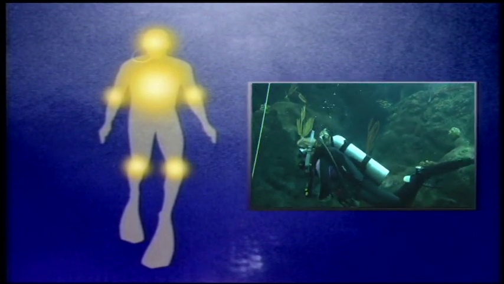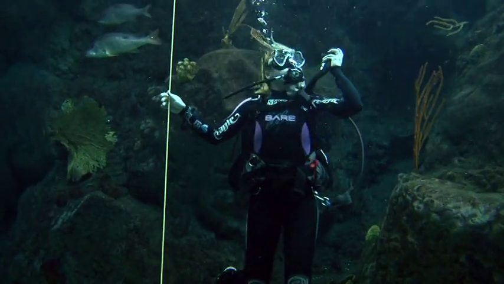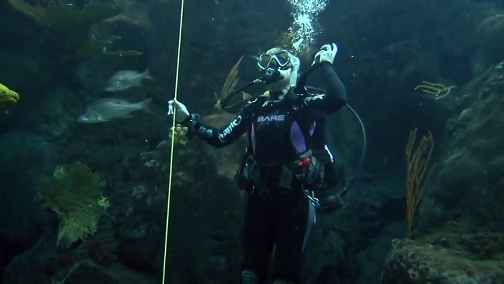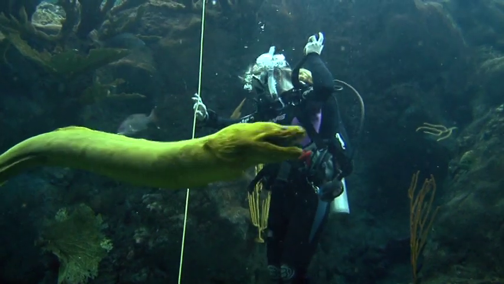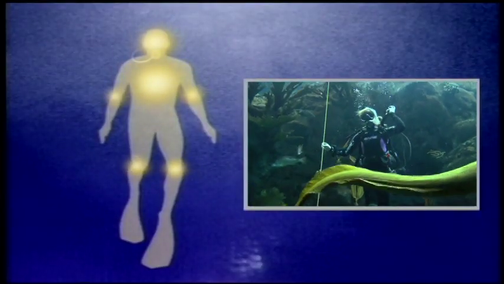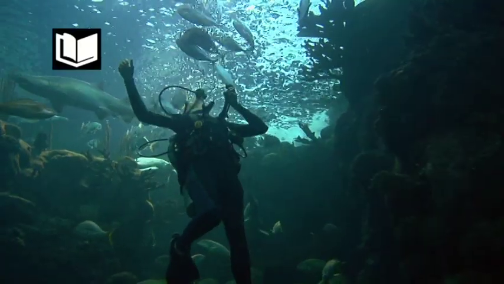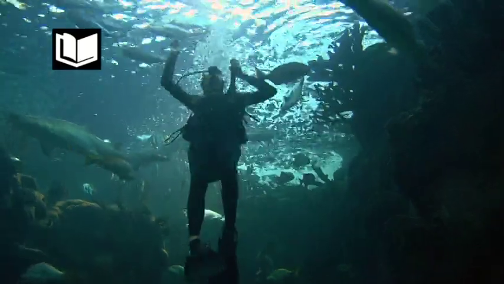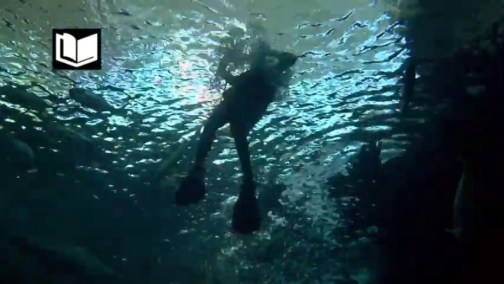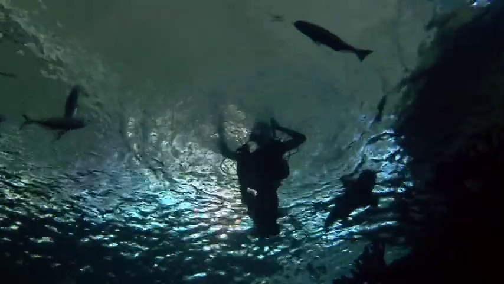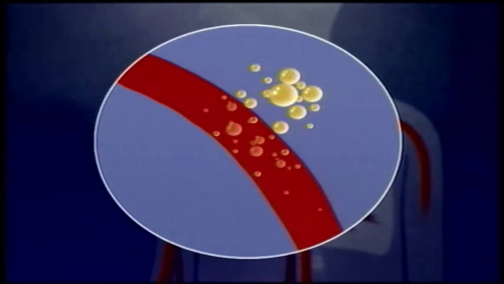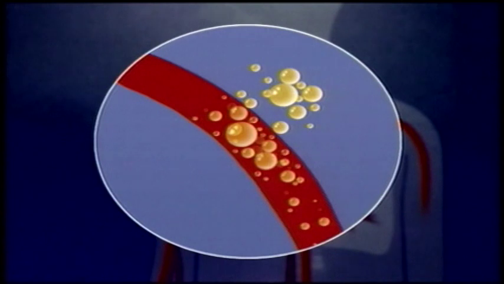When you ascend, the pressure decreases and the partial pressure of nitrogen decreases. Now the pressure of nitrogen in your body is greater than the partial pressure of the air you are breathing. To compensate, your body off-gasses nitrogen. A problem called decompression sickness, DCS, can occur if you absorb a great deal of nitrogen and then ascend too quickly. It takes time for nitrogen to enter your body, and it takes time to leave your body. When you ascend, your body begins to eliminate nitrogen. If too much is still present after you surface, the excess nitrogen forms bubbles in your body.